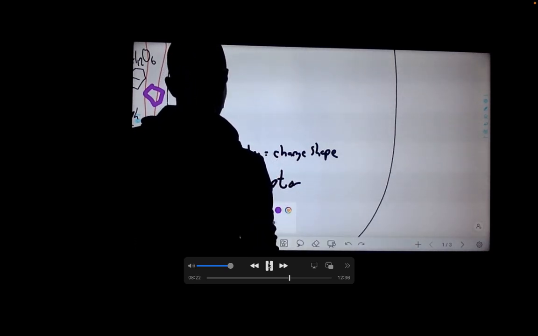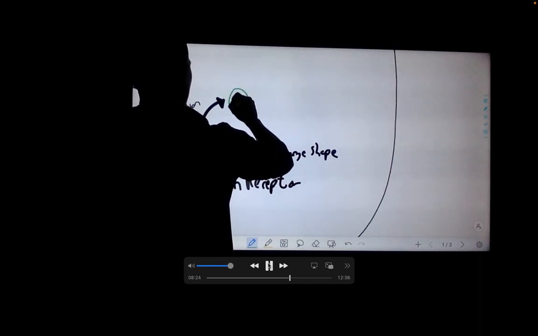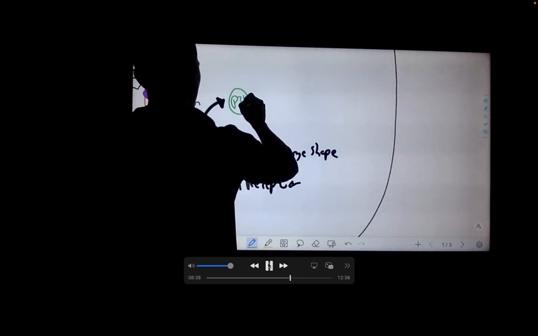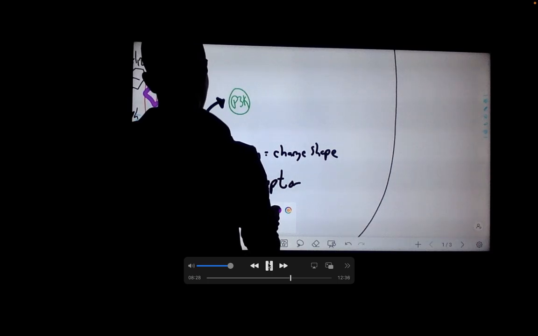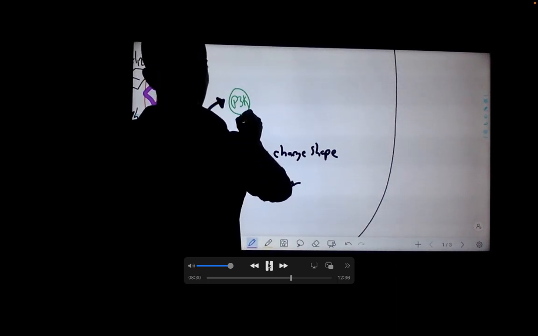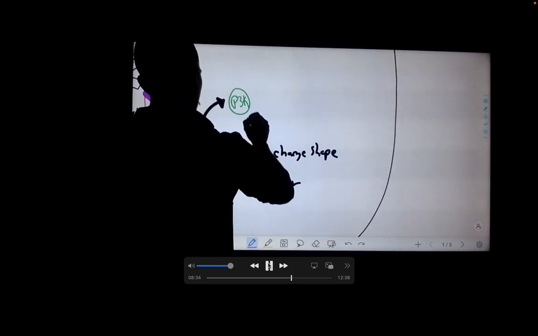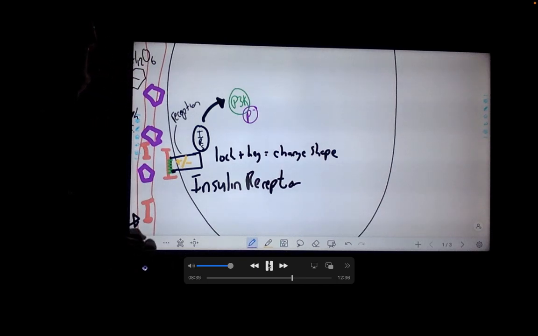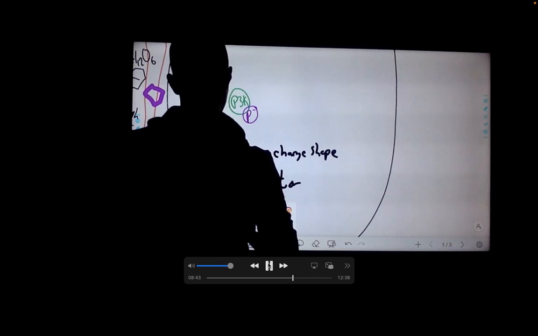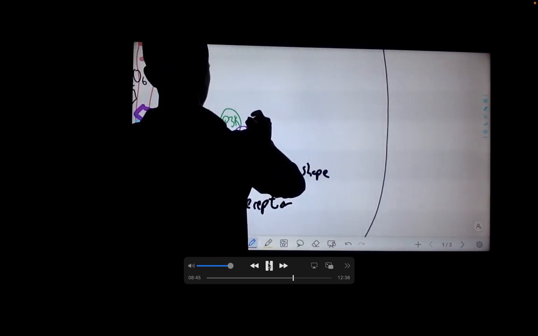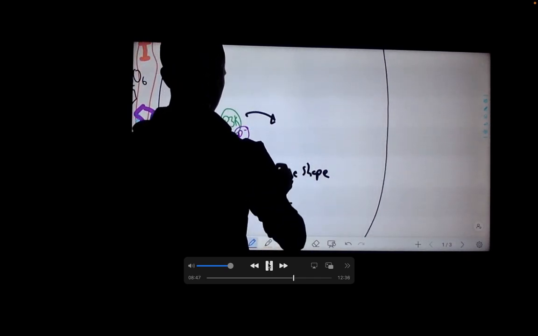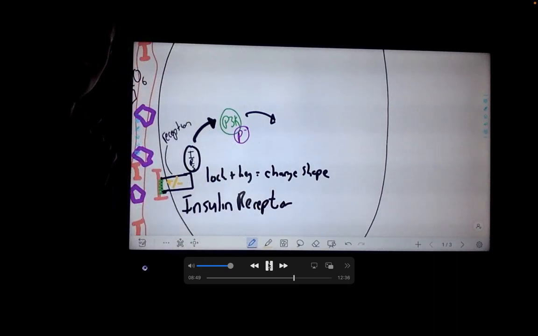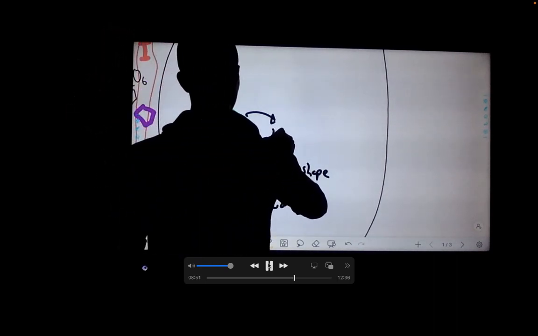And that green protein that I'm about to draw right now is known as P3K, protein 3 kinase. It's another enzyme that's going to be used to activate other molecules. We're also turning this P3 kinase on by using a phosphate. And that phosphate is going to bind to the protein structure, causing it to change its shape because of that negative interaction. Remember, positive and negatives are interactions between proteins and other molecules that can cause them to change their